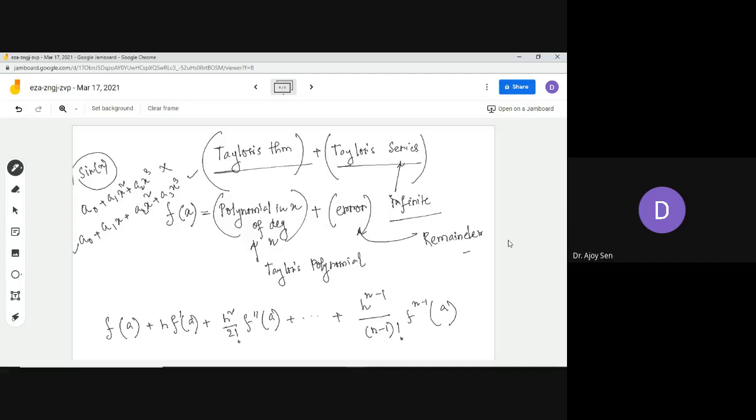So this remainder can be of different forms, and this polynomial is called Taylor's polynomial. So this is a Taylor's polynomial of degree n-1. Okay, so not degree n but degree n-1, because the highest term present is of degree n-1. This is a Taylor's polynomial in h. I have written it as a Taylor's polynomial in h. You can write it as a Taylor's polynomial of x. You have to replace this h by x, and you can easily do that. So in this way, this is a Taylor's polynomial.